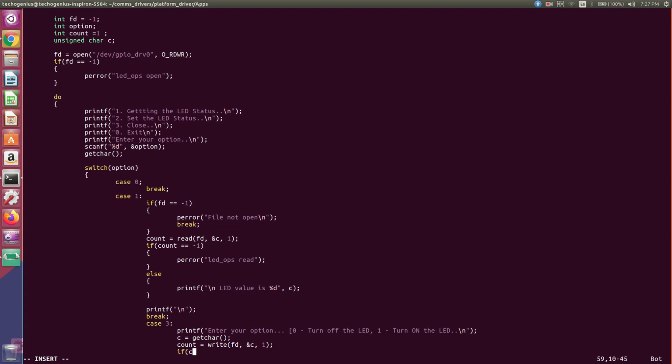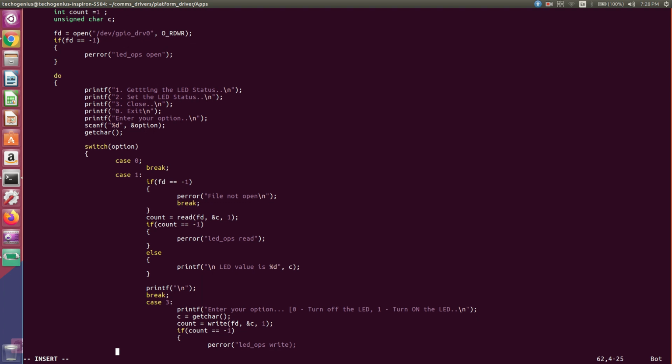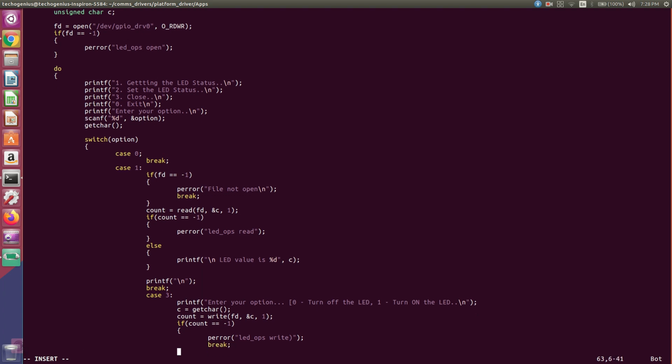If count is equals to -1, perror "LED operations", right. Then break. Okay, now